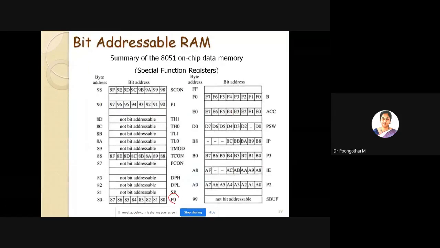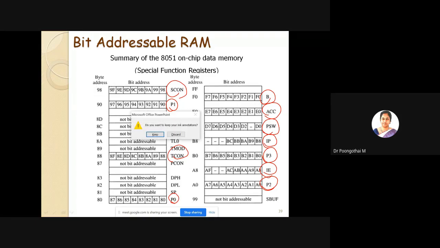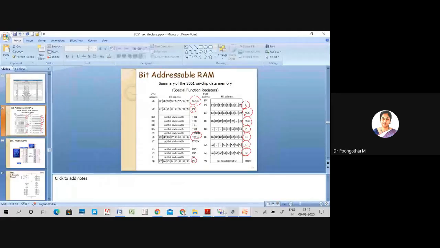We can access individual bits. P1, TCON, SCON, accumulator, B register, PSW, IP, P3, interrupt enable register. So these registers are bit addressable registers. Using this instruction, we can clear the individual bits of your bit addressable registers.